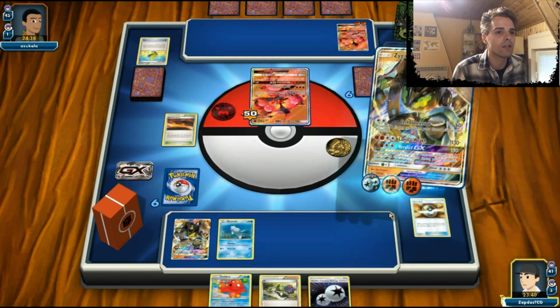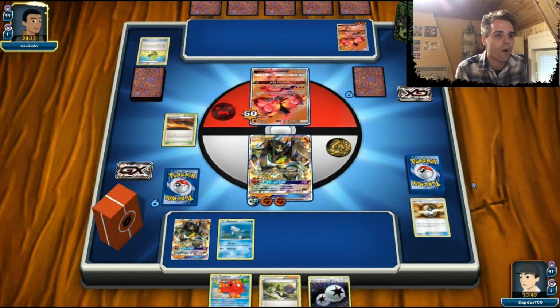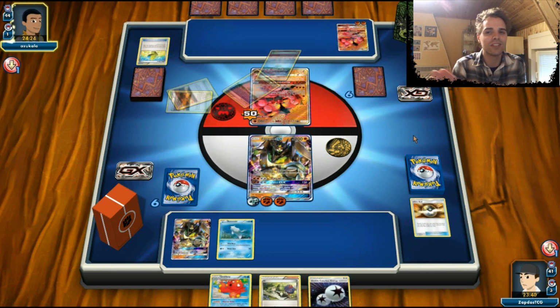He needs Guzma, he needs a Float Stone. If he Guzmas, he cannot one-shot this amazing GX, which is awesome. So hopefully that is the case. The bad thing is, this Scorched Earth makes it so he can also rely on discarding his fighting energies. Hopefully he does not know that, but on the...